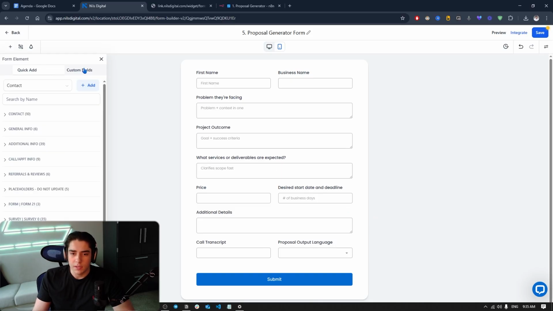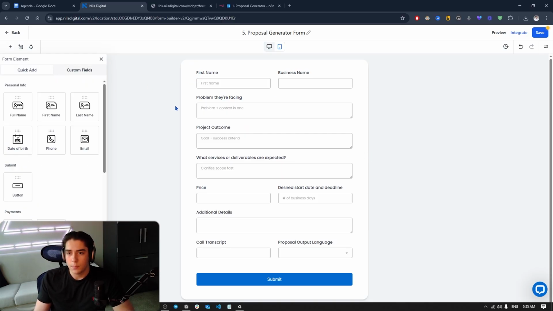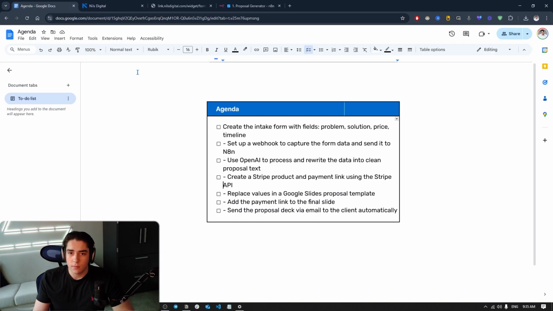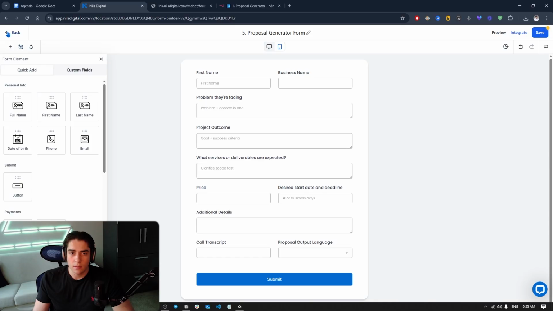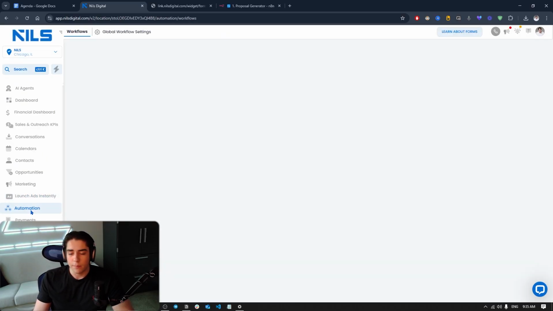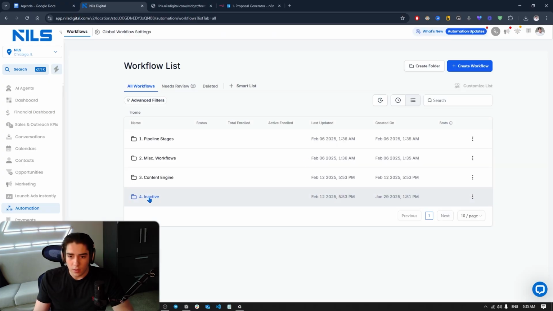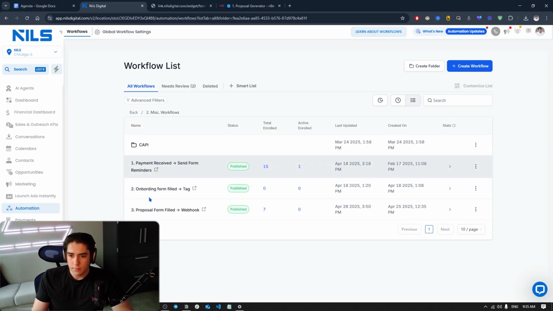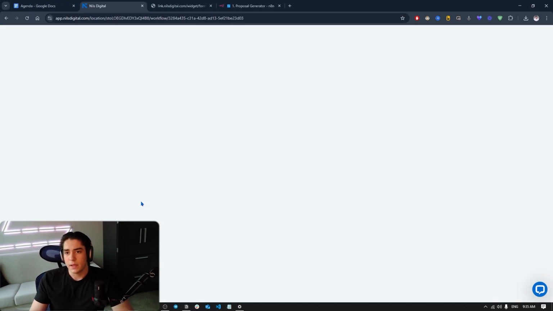But if you're using GHL, it's pretty straightforward. You just need to create a custom field and add these in, because they don't come straight out of the box. But it's pretty much the same for whichever form builder you're using. And after that, we want to send that to N8N. In GHL, we create an automation that is triggered by filling up that form specifically, and then we send a webhook